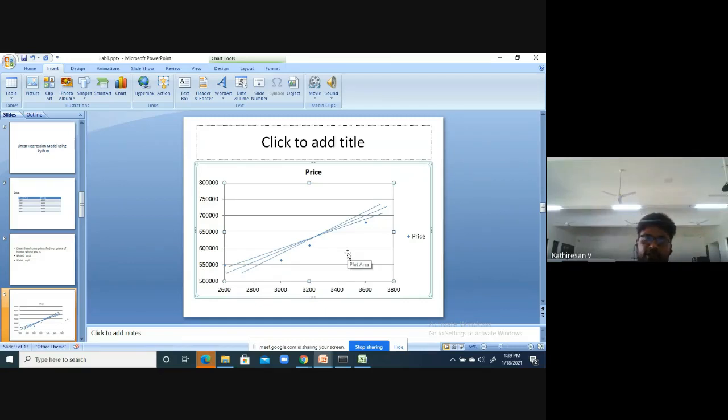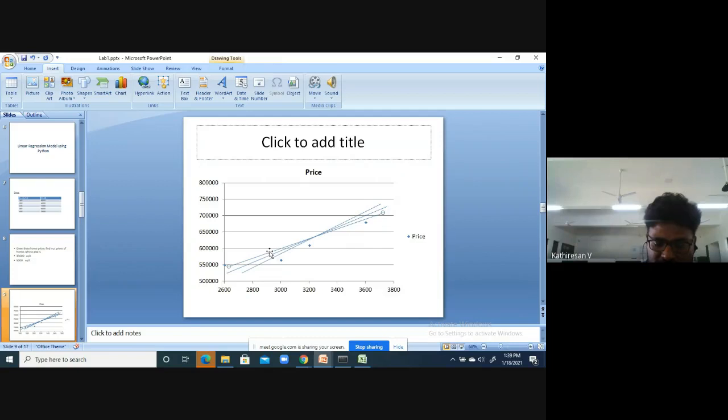Okay, that we can do with the help of this linear regression model with Python, but you have to understand clearly what is the mathematics behind this. See here, this is one line. I'm simply deleting these lines. Okay, and just consider this line as very close to all data points. I will tell how I have drawn this line.